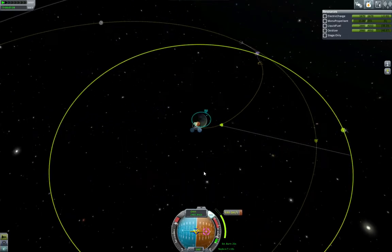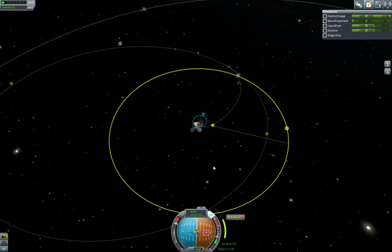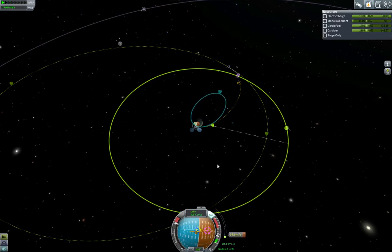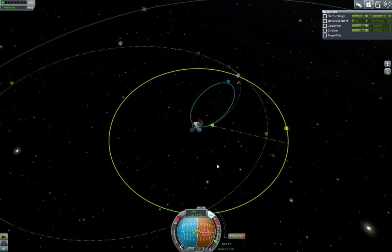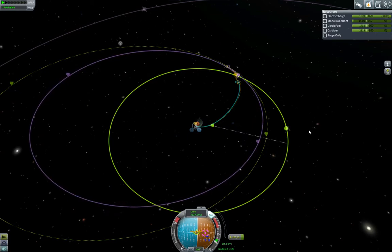Yeah, and once we're on our way away from Kerbin, I can collect and reset the science. And I'm actually going to use Bill or Bob for that, because I want to have as much science as possible stored in the science container, and as little science as possible stored in the lander, because if something goes wrong and the lander gets wiped out, then at least we have our Val itself to...